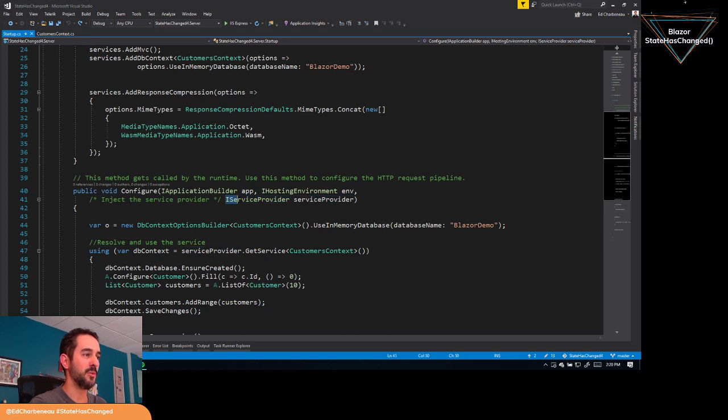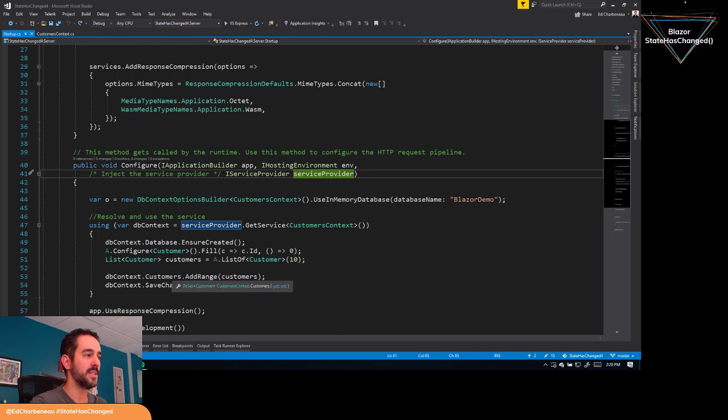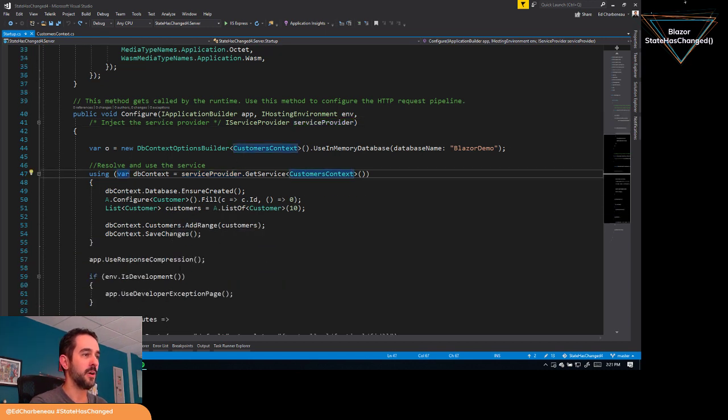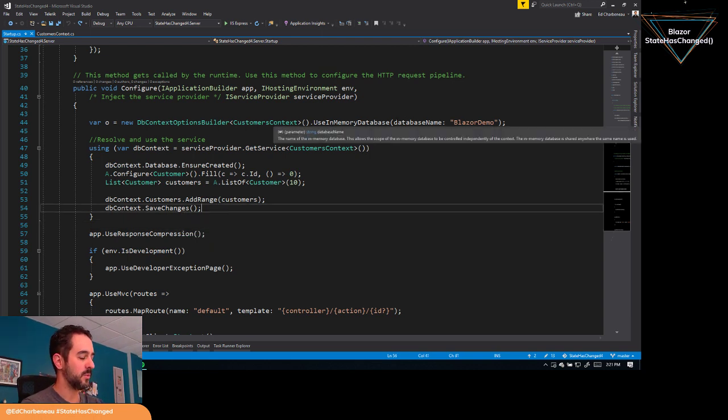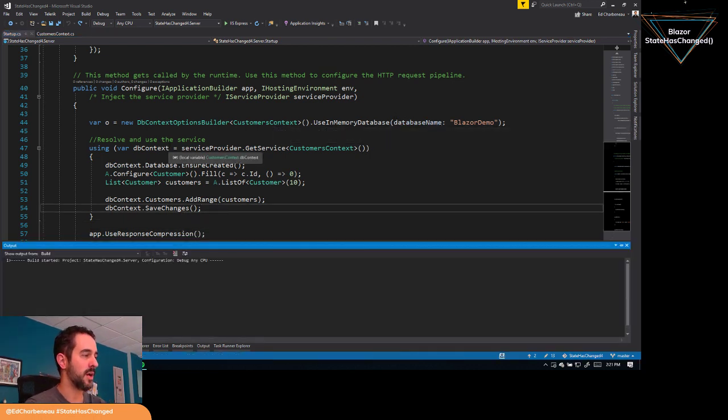And all we needed to do is set up this IServiceProvider interface and resolve that so we can get our customer context. And then I'm using a package that I talked about a few times on the show, so I won't go over it in detail here, called GenFu. And this just lets us fill our database with placeholder data that's somewhat intelligent, and it's based on property names and things. So now we can run our application,